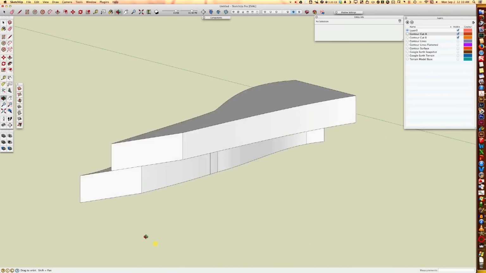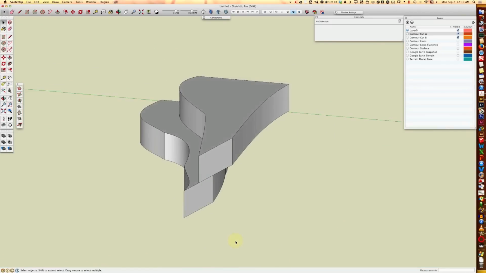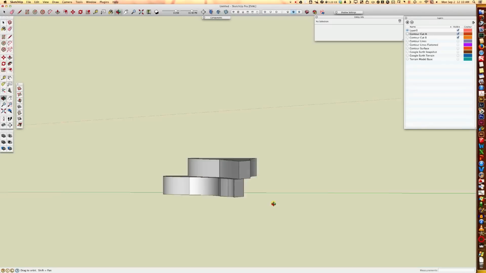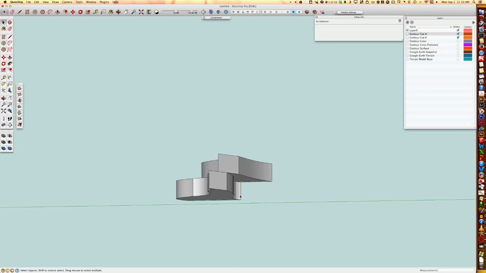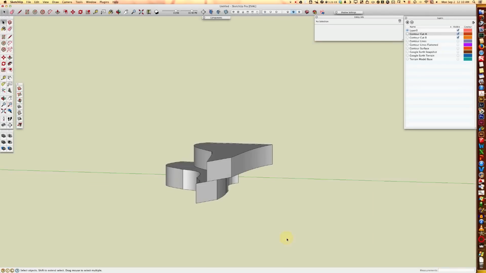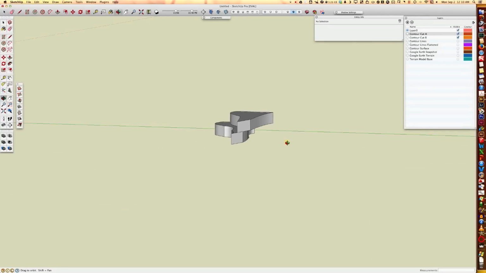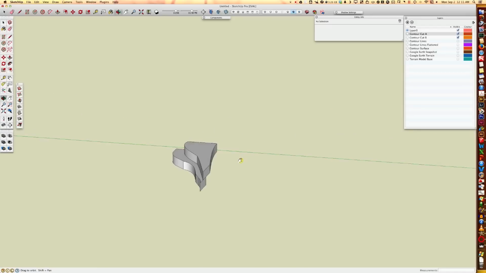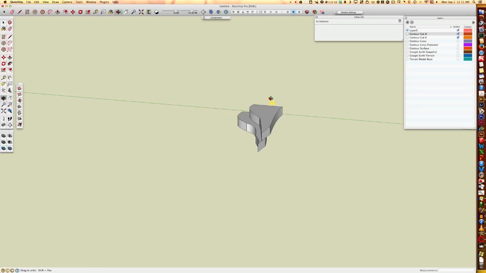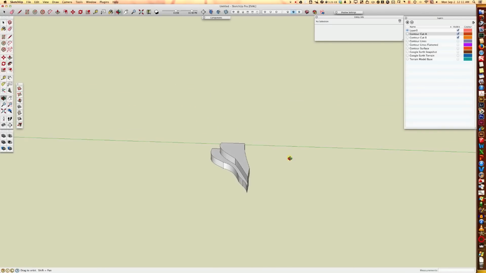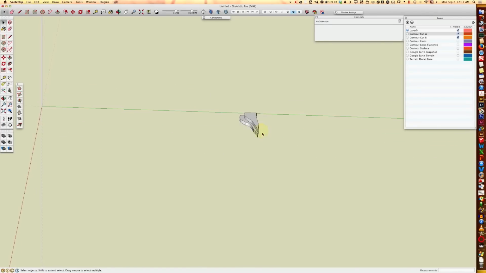So remember, this is made out of sheets of cardboard, and rather than having this be all solid, since we can't see it, we just have that filled in. And we stack up, we save a lot of material and everything else. So now, if I turn on my terrain model base,